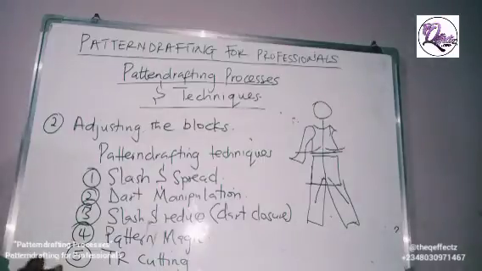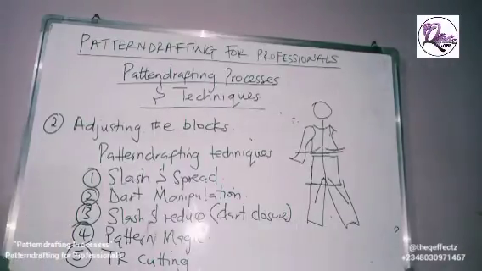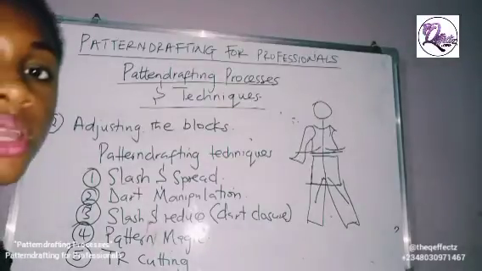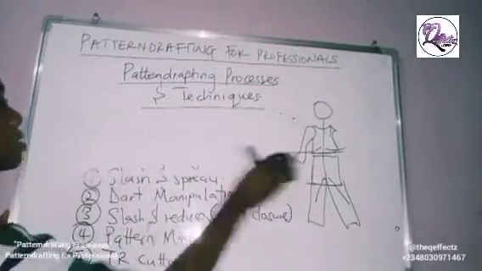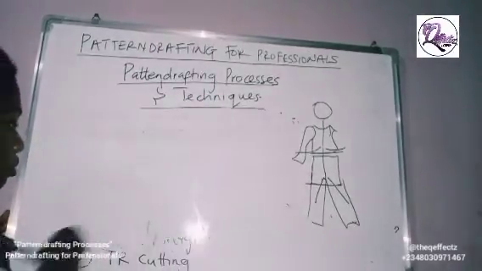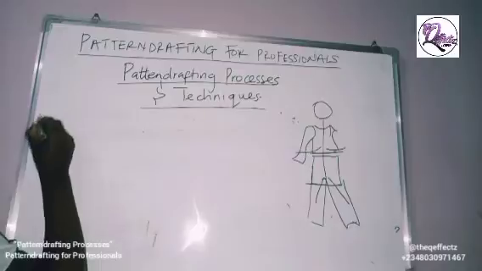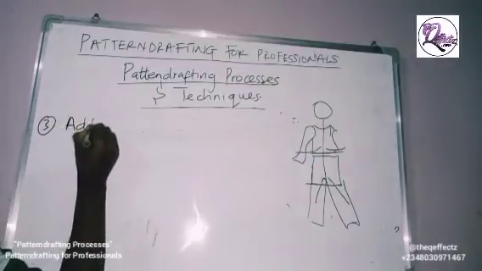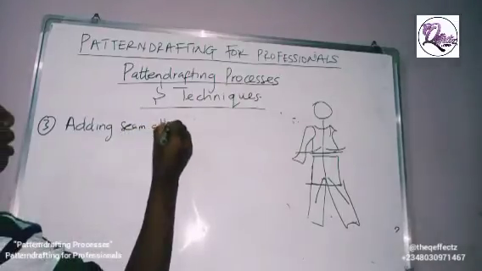Now, to adjust your blocks, we're also going to be looking at these techniques individually. We're going to be doing projects on them to see how we can apply them to our patterns. So after adjusting your blocks, the next thing you are going to do is to add what we call number 3, adding seam allowances and